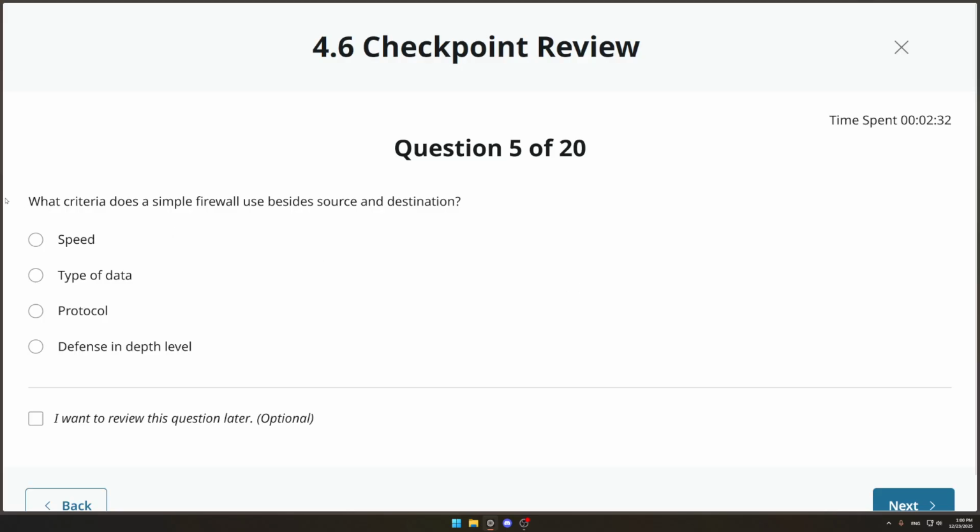What criteria does a simple firewall use besides source and destination? And that is protocol. Firewalls typically keep everything out that is not requested by you, by a device in the network. The only real exception to this is if you run a server on your network, which I do at